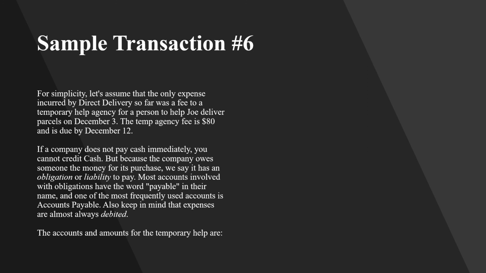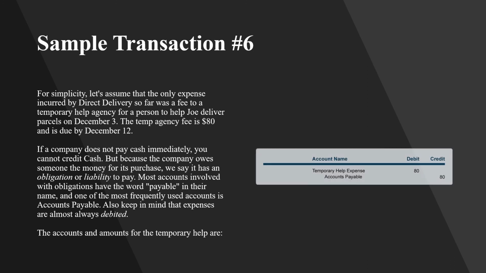But because the company owes someone the money for its purchase, we say it has an obligation or liability to pay. Most accounts involved with obligations have the word payable in their name, and one of the most frequently used accounts is accounts payable. Also keep in mind that expenses are almost always debited. The accounts and amounts for the temporary help are: